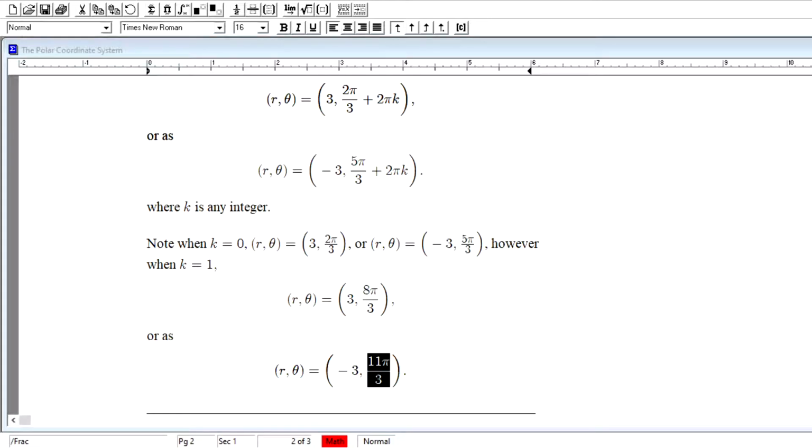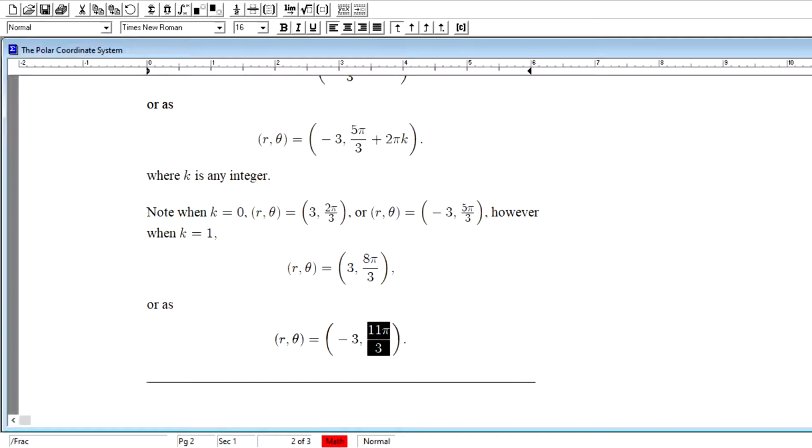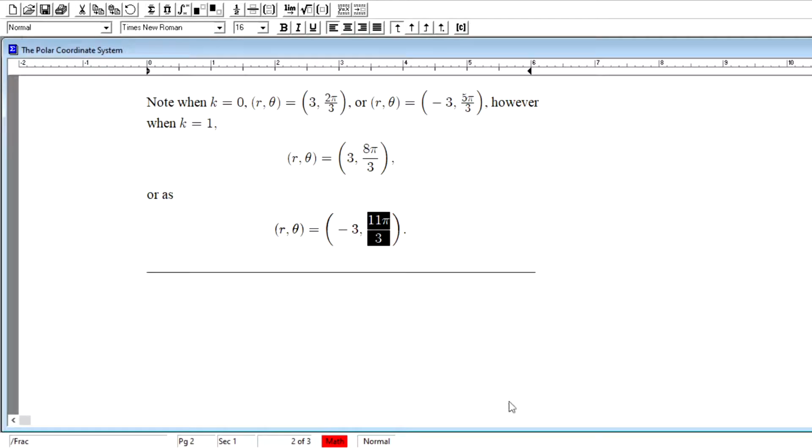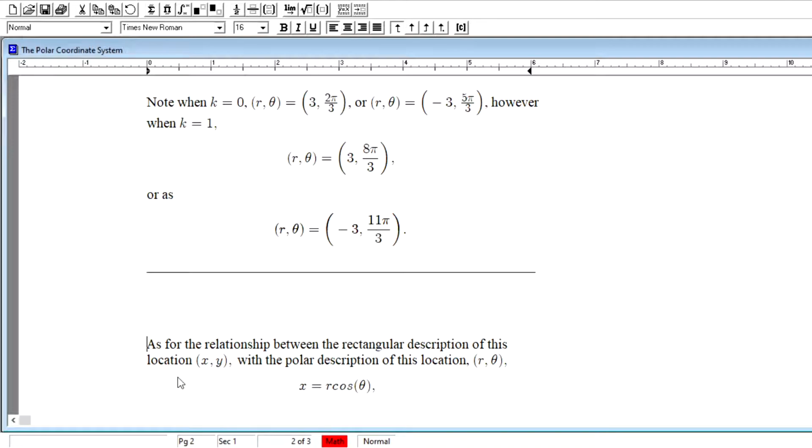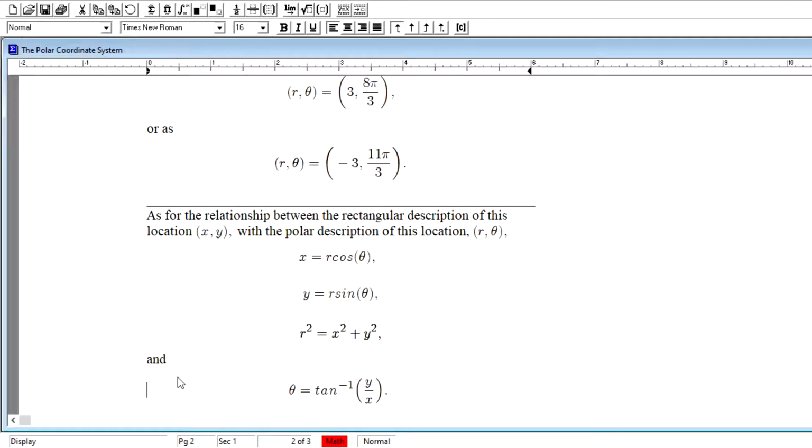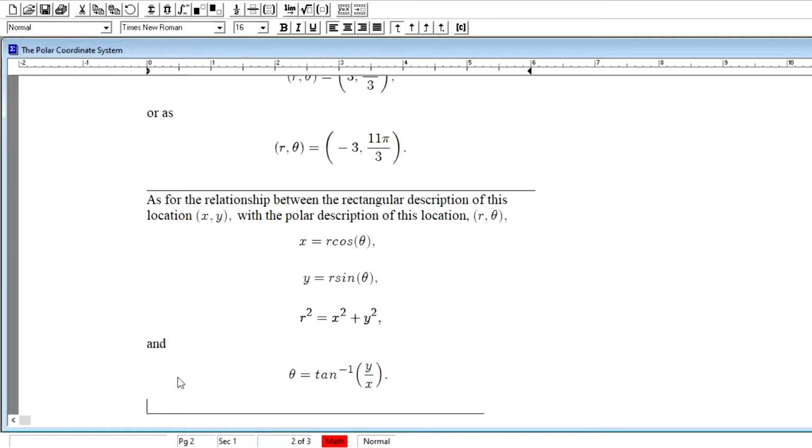Now, the next situation we want to consider is how do we convert between these two descriptions of location that we have? How do we convert between the rectangular description for location given by the xy coordinate and the polar description of location given by the coordinate r comma theta, right? And what we rely on is a little bit of trigonometry, right? Applying trigonometry